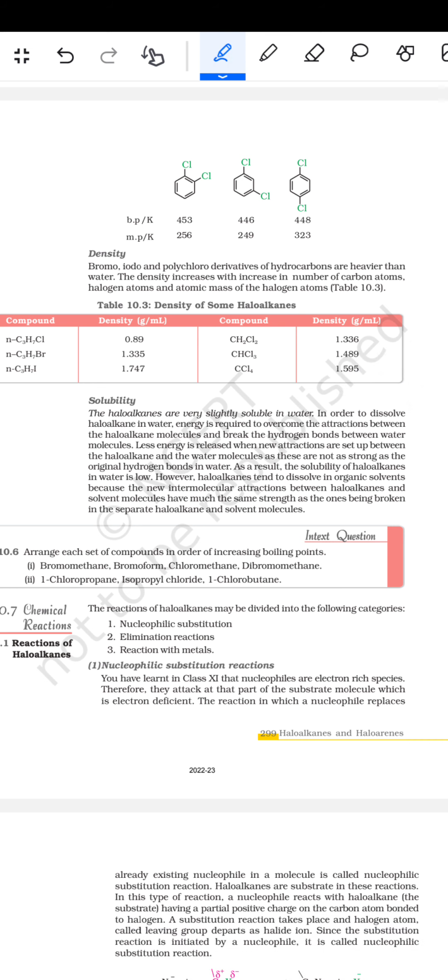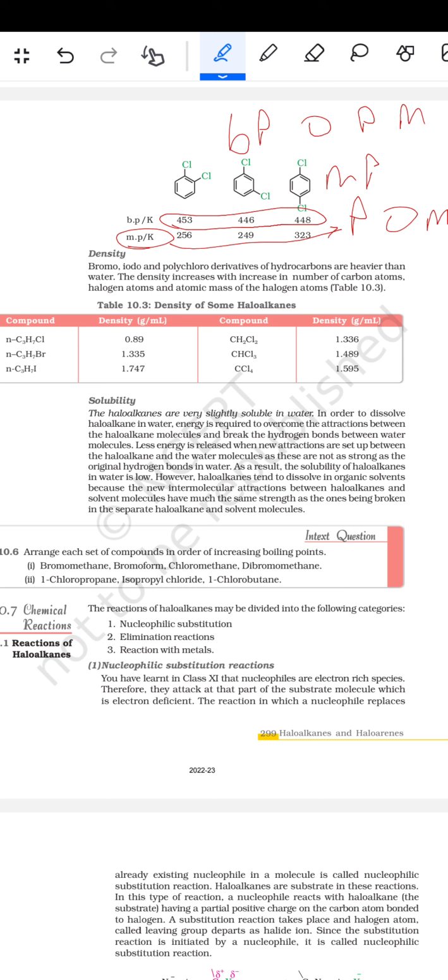ऑर्थो वाला का बॉइलिंग पॉइंट 453 है और 440 है और इसका 448 है। तो बॉइलिंग पॉइंट अगर देखें तो सबसे ज़्यादा आता है ऑर्थो वाला का, उसके बाद फिर आता है पैरा का और फिर आता है मेटा का। और मेल्टिंग पॉइंट देखें तो सबसे ज़्यादा आता है पैरा का, फिर आता है ऑर्थो का और फिर आता है मेटा का। तो बॉइलिंग पॉइंट में ऑर्थो, फिर पैरा, फिर मेटा और मेल्टिंग पॉइंट में पैरा आता है। यह है मेल्टिंग पॉइंट का ऑर्डर।